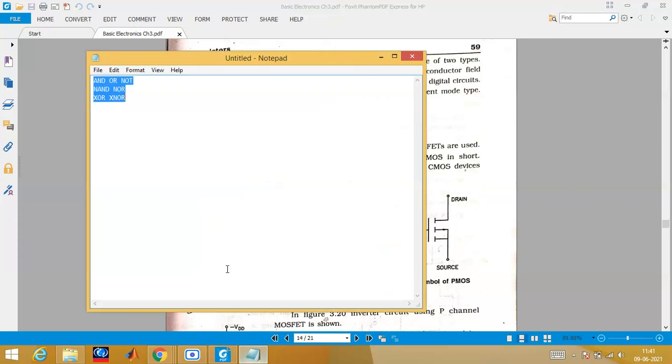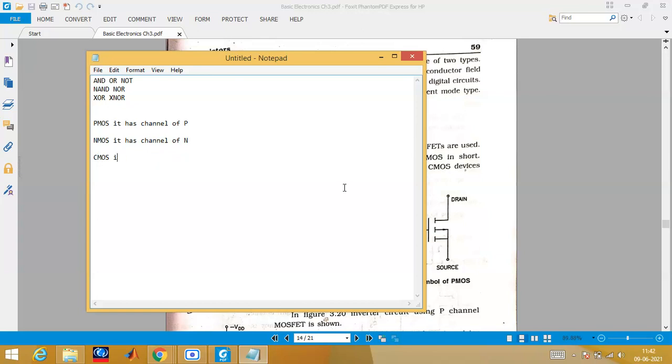In the textbook, PMOS is written wrong. Just try to see here. When I'm saying PMOS, it means it has a channel of P. That is why the name is given as PMOS. Similarly, for NMOS, your channel will be N. That point is clear. These are just a revision of what we studied in the last class. And in CMOS, you will have both P and N. It's a complement form.